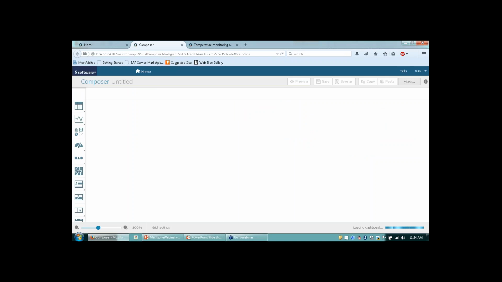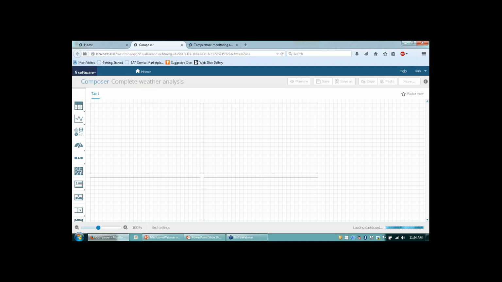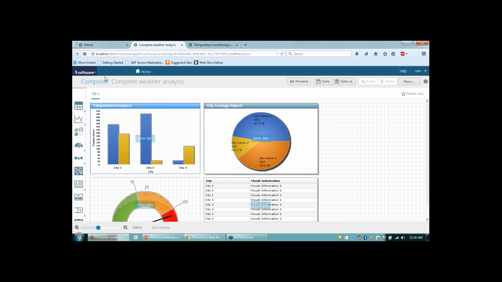This is a browser-based application for dashboards called Composer, where you can compose the dashboard as you require. You see there are a lot of visual options here, like tables, you have charts. So these are all select and drag and drop, and you have Aries connections, you have speedometers, and you have traffic lights, and you have vector maps, text,